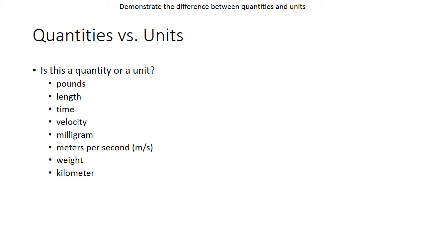So for each of these terms here, pounds, length, time, etc., I want you to ask yourself, is that a term of a quantity, meaning what we're measuring, or is it a term for a unit, meaning how we're measuring it? So I want you to pause the video, write those terms down, and then list quantity or unit. Just write it out. Once you've done them all, play the video, see how you did. Okay, you've had a chance to do this. So for pounds, pounds is a unit. If you're measuring